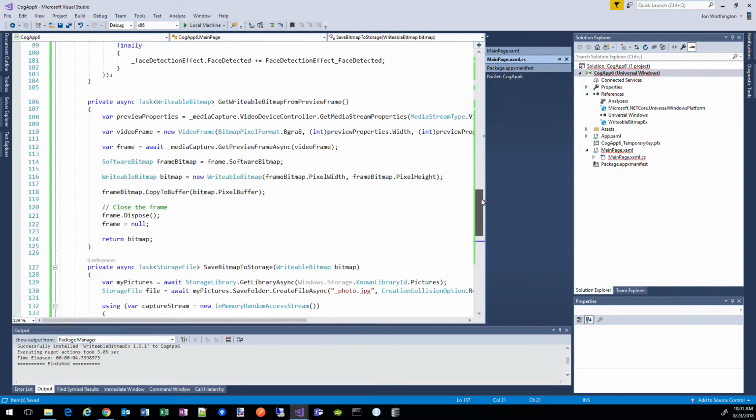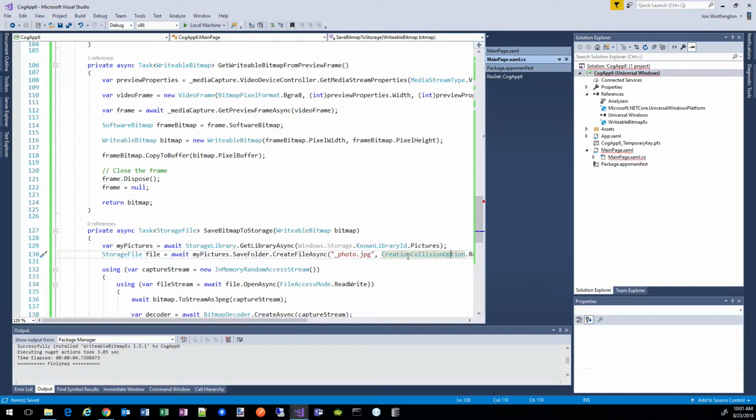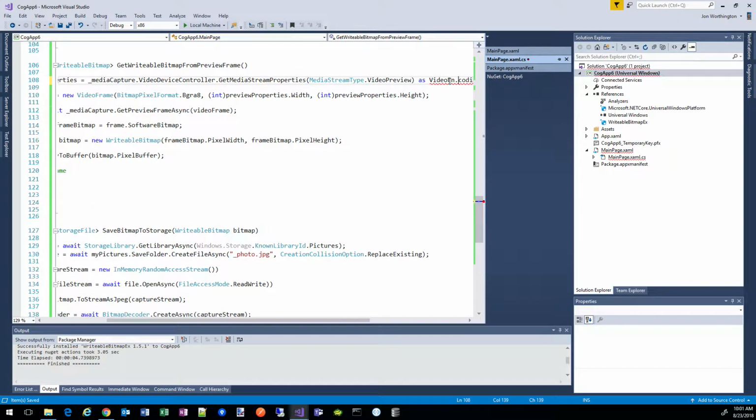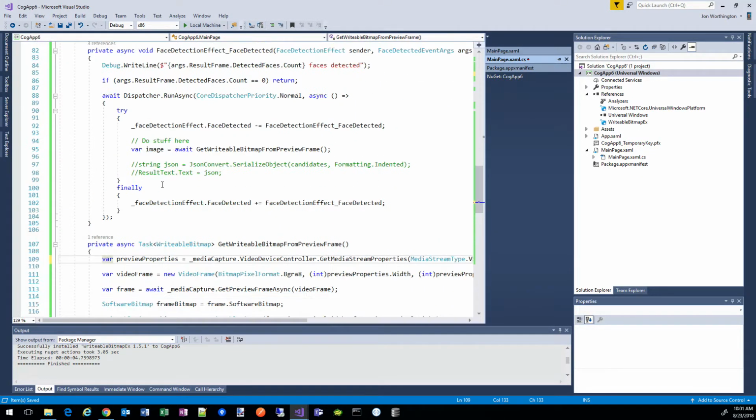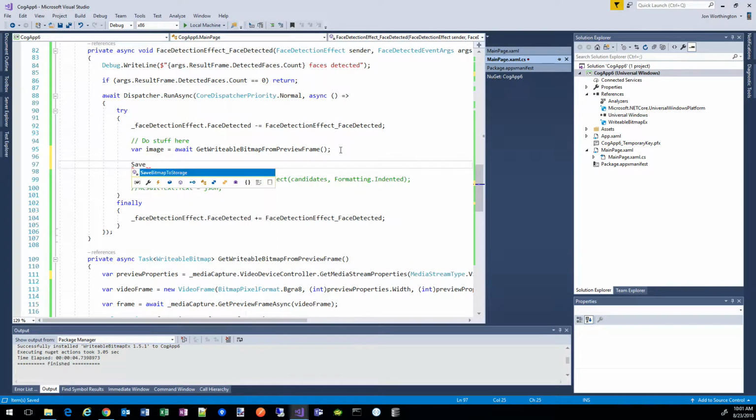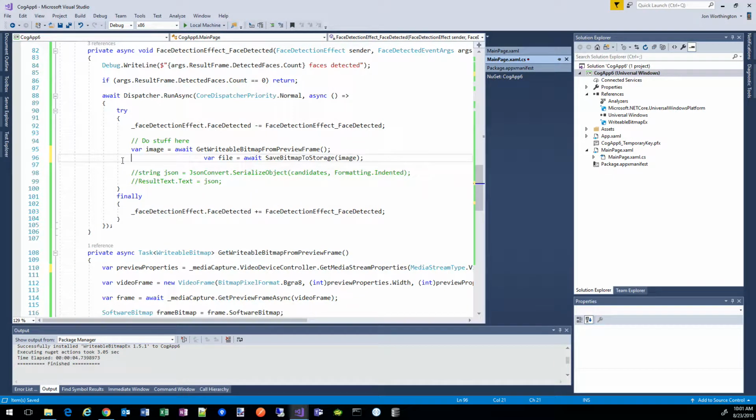So, what am I missing? I'm missing something on the end here. It's this guy, huh? Let's just get that back too. Oops. So we're going to add the new call there. So save, and this is async, sorry. Var file equals. I'm going to pass in our image. Don't need that extra line there. Let's delete that. Okay, so if we run this now, it should start putting a file called photo